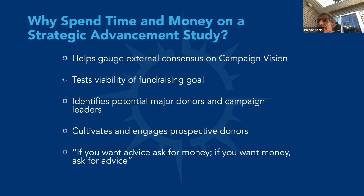You want to identify potential major donors. We already spoke of this, and campaign leaders, because one of the questions we do ask, which I didn't reference earlier, is would you be willing to take a leadership role in a campaign such as this? And I would say invariably, when we come out of the study and look to populate and expand what we call that strategic advancement committee, that small group of, say, 5 or so people who really look just at the study and help shepherd that process,